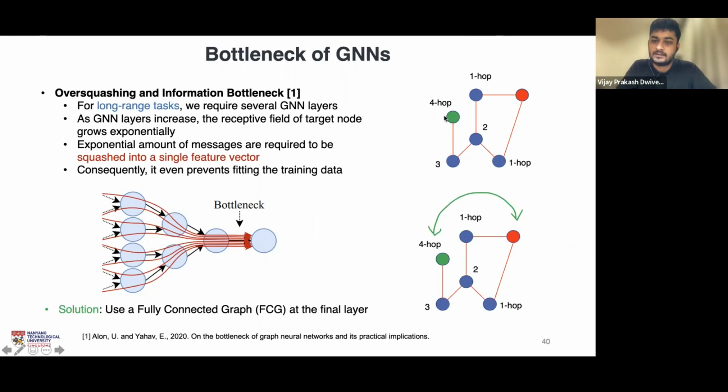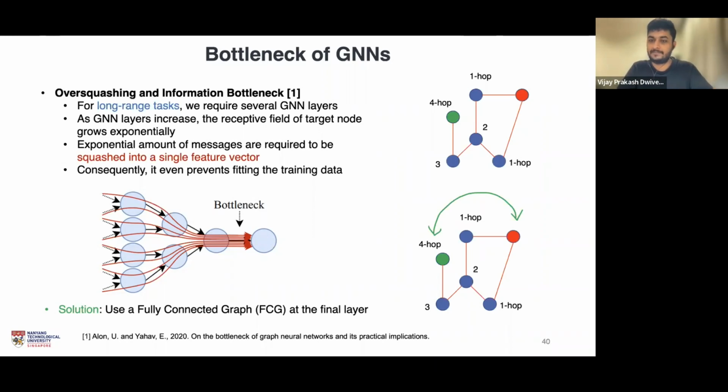For example, the feature information from this 4th hop, along with several other information, reaches this node after L number of layers, for example 4 layers in this case. Then there may be a probability that critical information from this neighbor may not reach there and gets lost in this over-squashing. Consequently, this phenomenon may not allow the model to fit properly